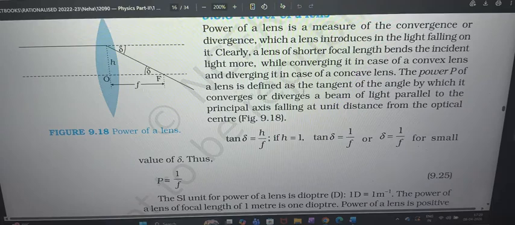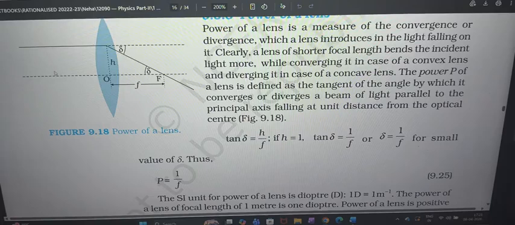The power P of a lens is defined as the tangent of the angle by which it is going to converge or diverge. So if this lens was not kept over here, this would have just passed straight, but it is bending. If you want to know how much it is bending, that is this angle of deviation. Generally we will represent this as del, the value for deviation. Anytime you want to get to know that angle, first always imagine, suppose the lens is not there, how will this light ray move? It will move straight only, it won't bend like this. But because the lens is kept, it has bent like this, so you draw dotted lines over here showing how it would have passed without the lens, and you measure this angle.